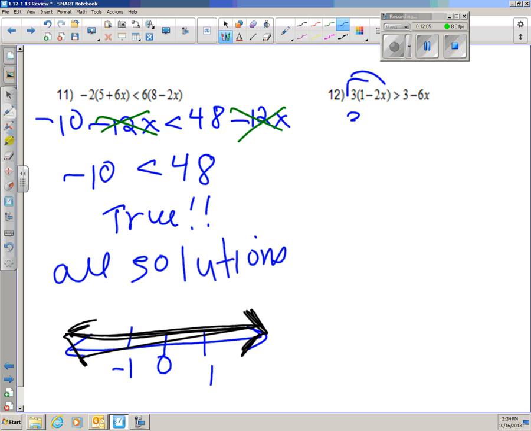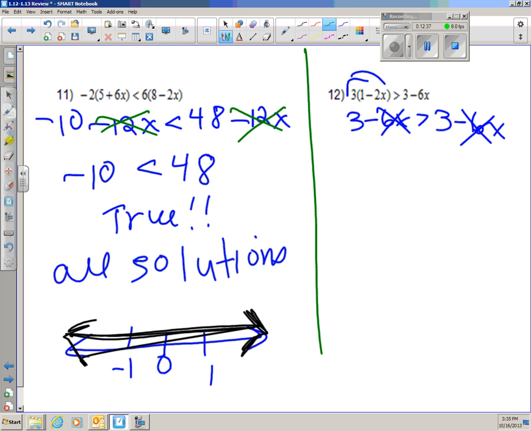Distribute, distribute. 3 minus 6x is greater than 3 minus 6x. Well, this is the exact same expression on both sides, which means everything is going to cancel out. So I can essentially say, if I add 6x to both sides, I get 0. If I subtract 3 from both sides, I get 0. If the negative 6x's cancel out, like what happened on the other problem, then